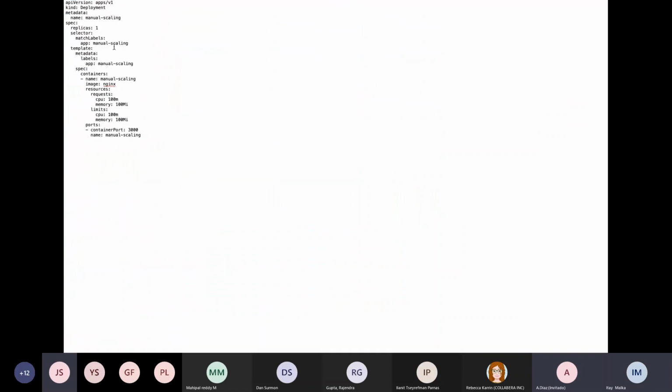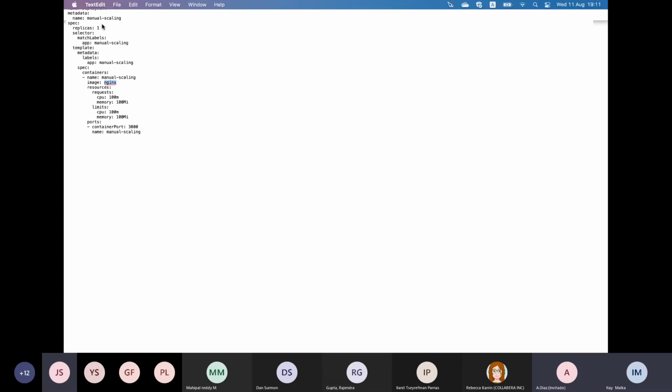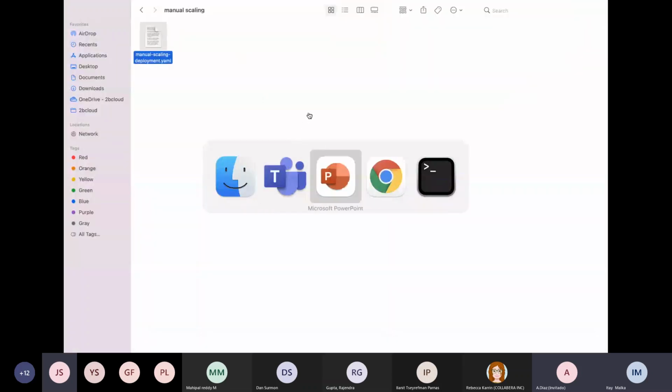Great. So now, as you can see, a simple deployment, which represents a Kubernetes resource with one container inside it, with the basic image of Nginx. All I want to show you is how we can manually scale the number of pods created from this deployment. So if I go back to my terminal,